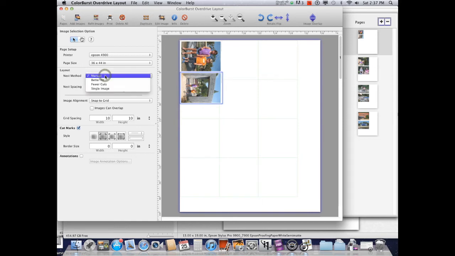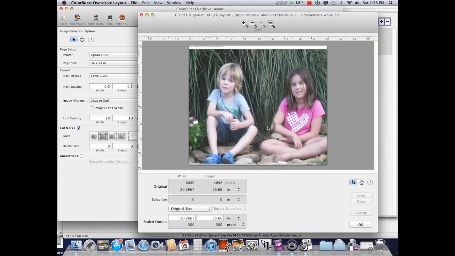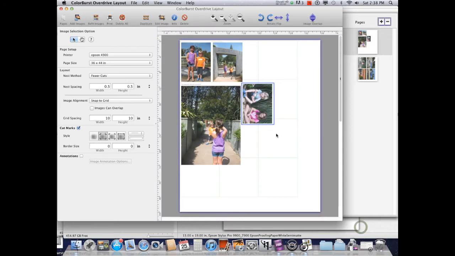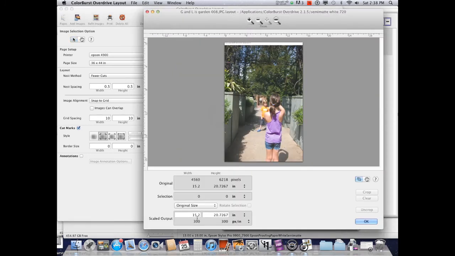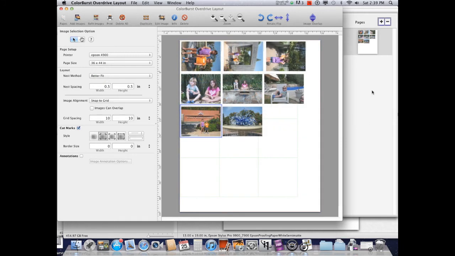And if we set this up as over here as the best nesting method, then we want best fit. I like fewer cuts because it allows us to do some trimming along straight lines, and it'll join them. But you can see that their pages are being restructured as we size them. And this is a step that could be unnecessary, again, if these files are already previously formatted. You can see now that this has all been corrected to one sheet,